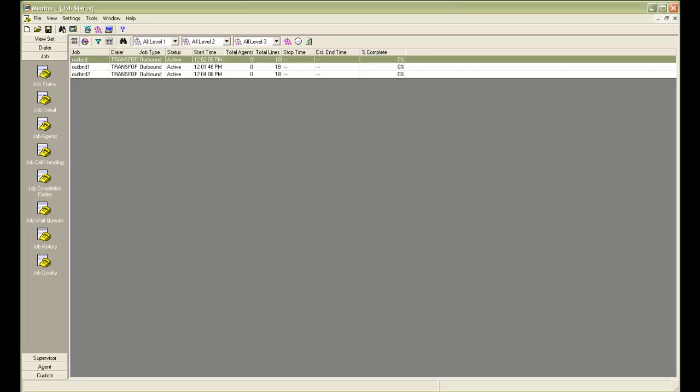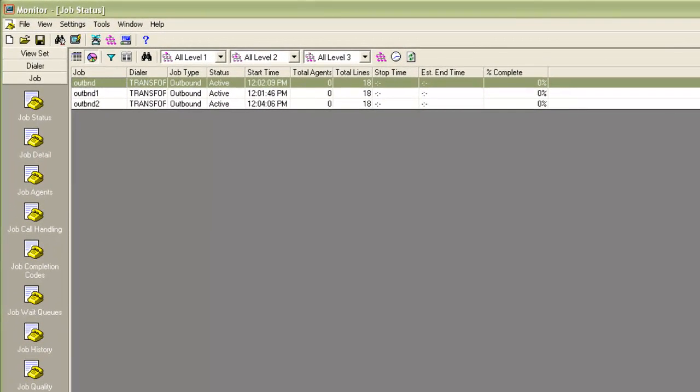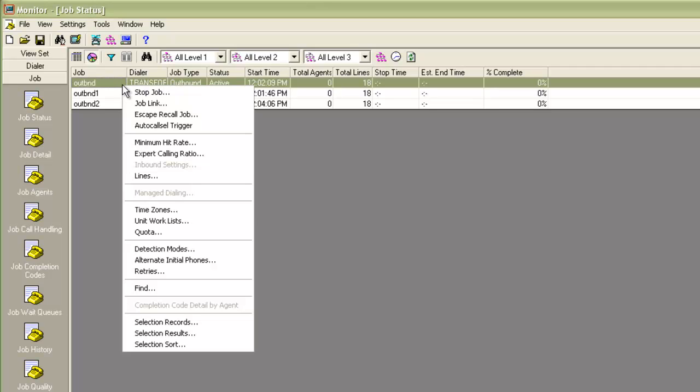We can change the job to something else in real time from the monitor application. So I am on the monitor application and you can see 3 jobs running here. And as you can see, the job test is not running right now. So let's say I want to change the name of the escape recall job on the job outBND from the job test to one of these jobs that are running currently. So if you do a right click on the job, you will see this option for escape general recall. If we click that for the job outBND,